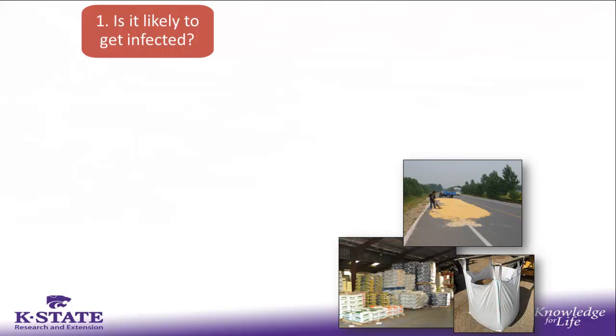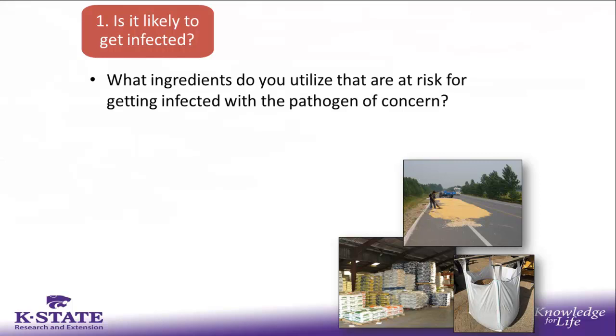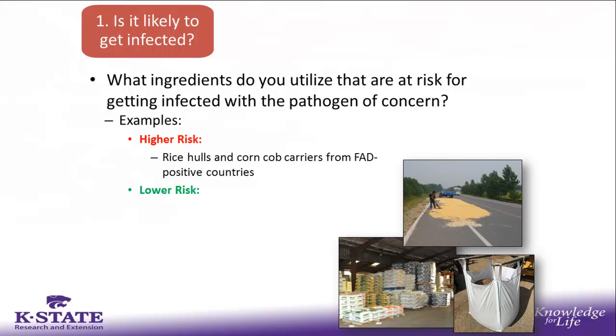So to begin with, is a feed or feed ingredient likely to become infected? As feed manufacturers, swine producers, veterinarians, and nutritionists, what ingredients do you utilize that are at risk of getting infected with a specific pathogen of concern? We'll go through a series of examples. And like anything, it's a spectrum. Nothing is black and white. But we do help classify the risk of becoming infected as either higher risk or lower risk. An example of a higher risk of becoming infected we could classify as rice hulls or corn